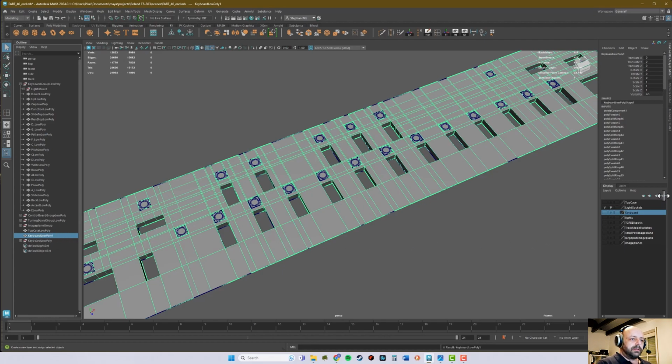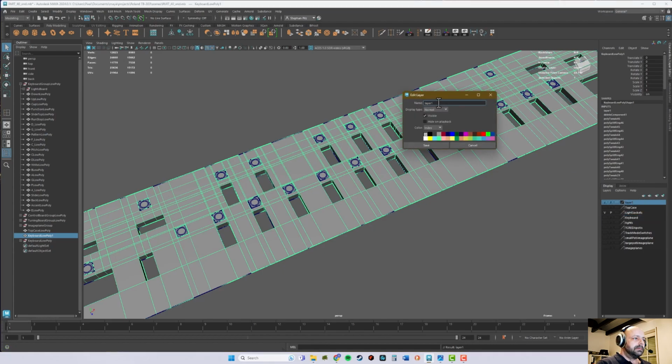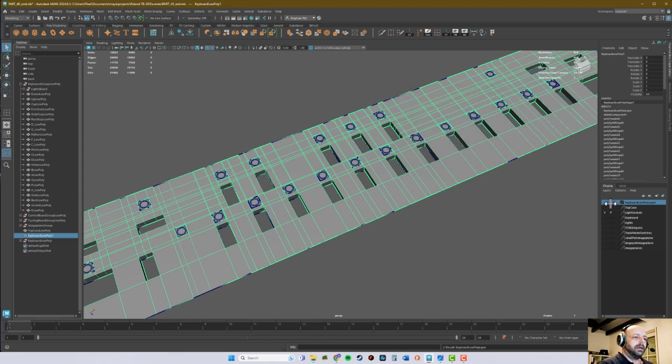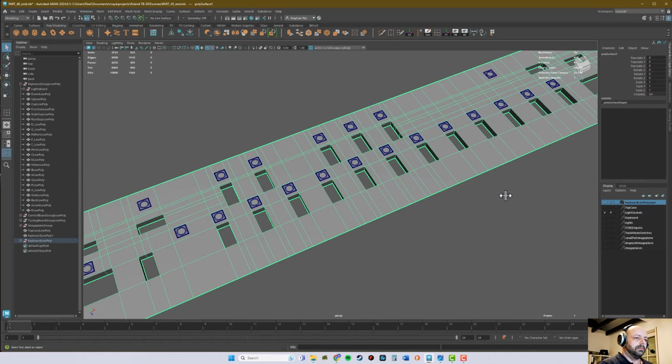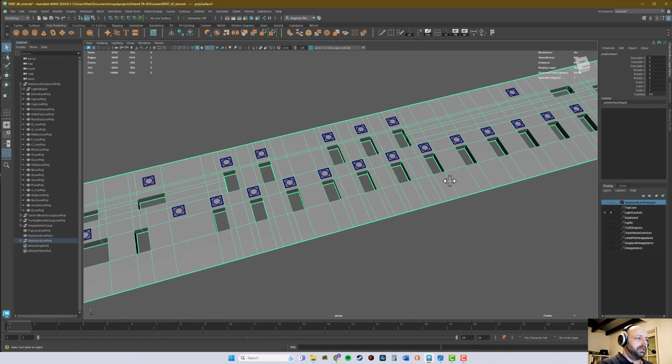So then let's create a new display layer for that and call it keyboard low poly 1. Why not? That's the low poly layer. And then hide it. Okay, thank you. And then we will use the